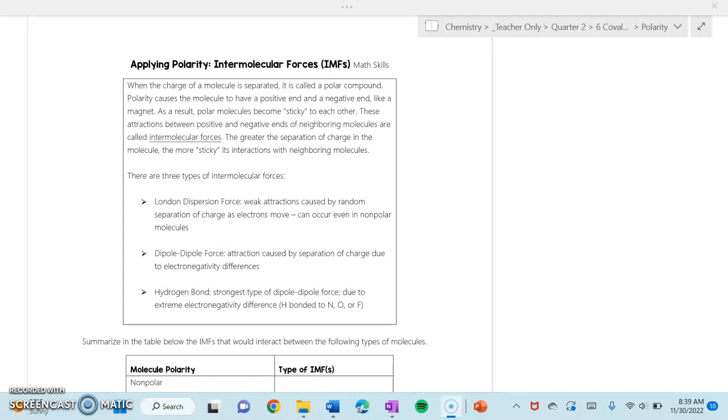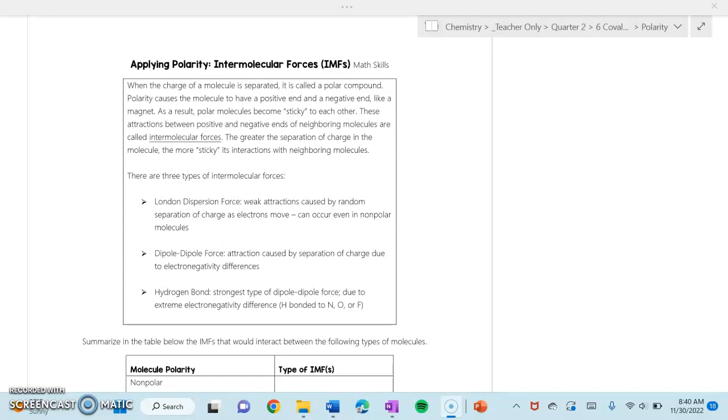So if you think about how electrons shift and move throughout orbits, you might have a moment where there's more electrons on the right side than on the left, and for that one split second, you have a separation of charge, but then it changes again because the electrons keep moving. That's why it's weak, because it only lasts for a moment, but in that moment it does create a momentary dipole. So this can occur even in nonpolar molecules where there are nonpolar bonds or equal sharing,